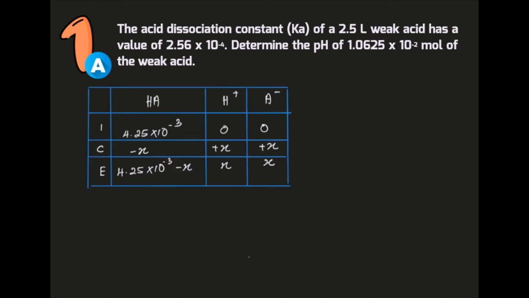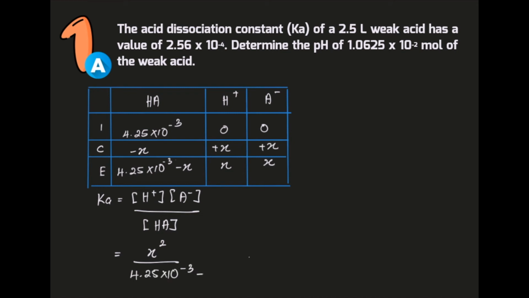Okay, from the ICE diagram, what we can write is the Ka. So Ka is equivalent to whatever is in the product, which is the H plus times the A minus, divided by whatever is in the reactant. So mind you, it should be a square bracket because it should be in concentration. So we can simply write it again as x squared divided by 4.25 times 10 to the power of negative 3 minus x. In the question, it is given that the Ka is equivalent to 2.56 times 10 to the power of negative 4,